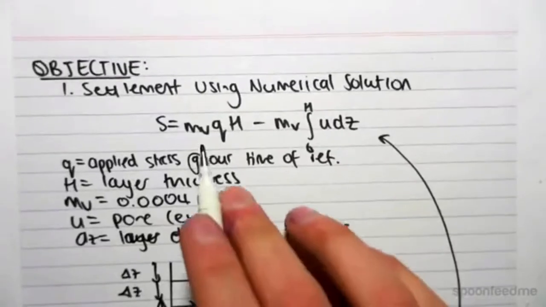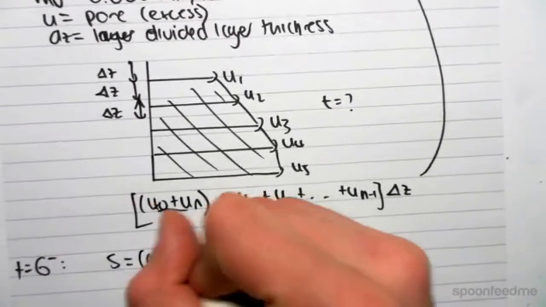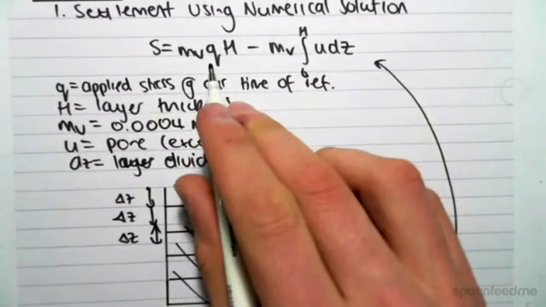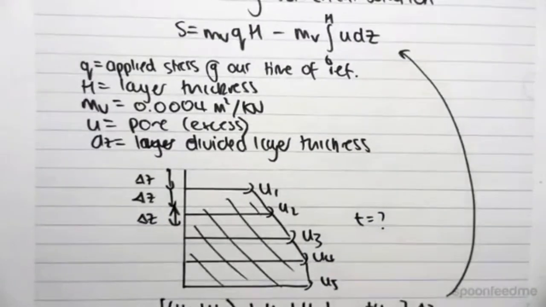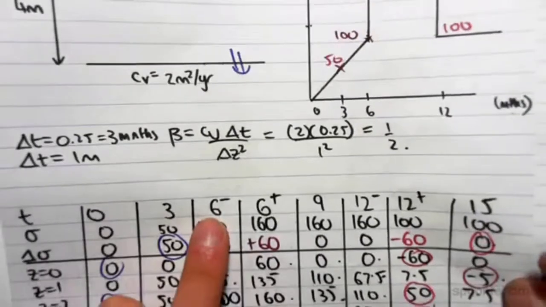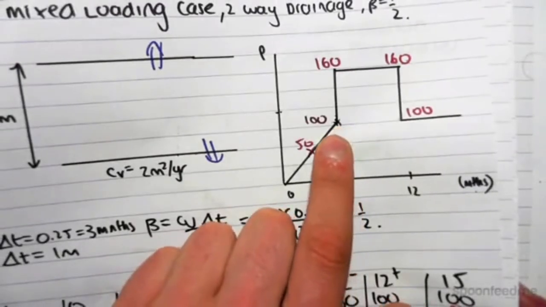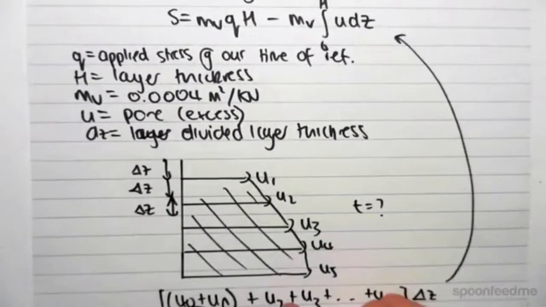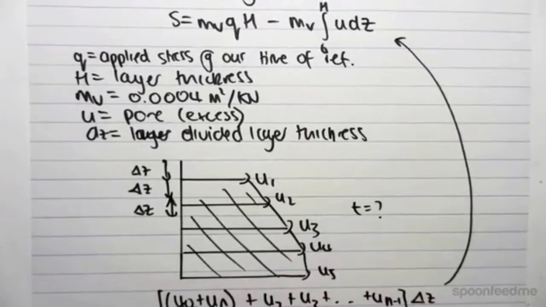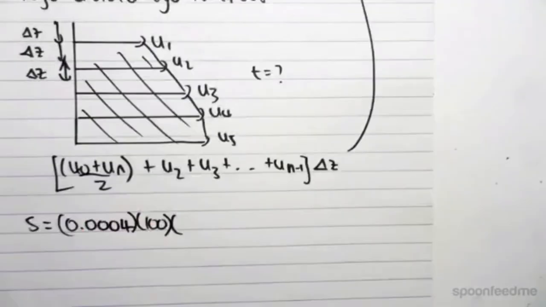I'm now going to factorize it. So 0.0004 times q, which is the applied stress at that point. The applied stress at 6 minutes, a point just before 6, is 100 kPa. And the layer thickness, H, for our case was 4 meters. So this is 4